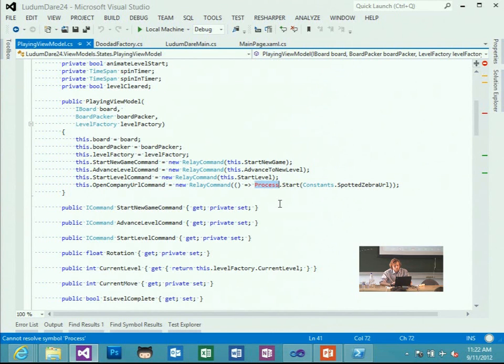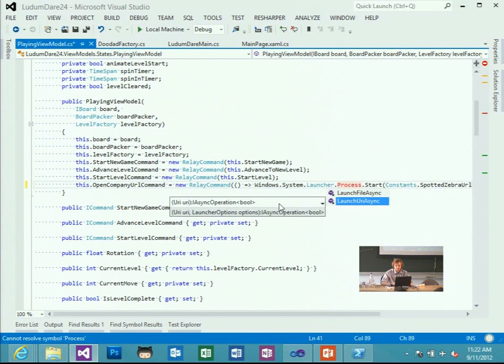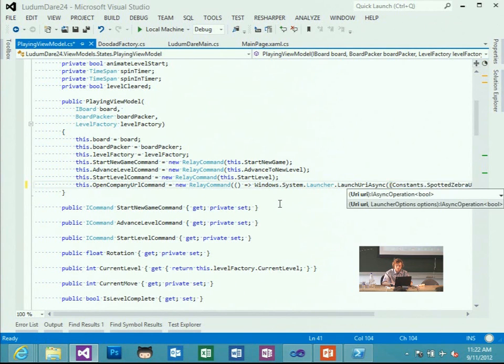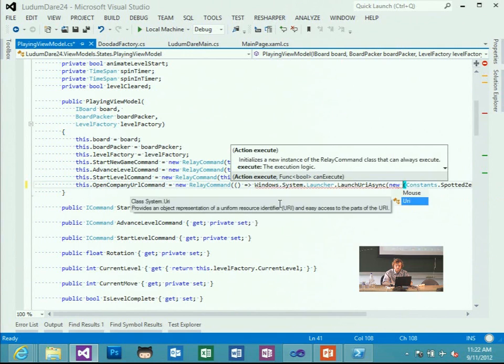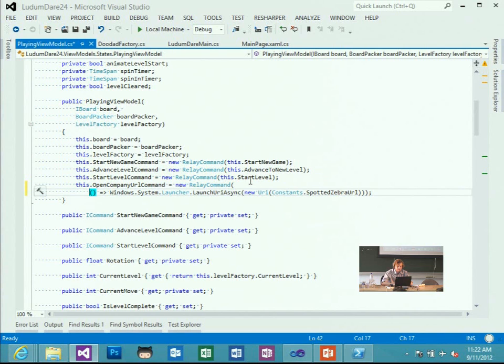Process.Start is not available on Windows 8 anymore, so we have to do it some other way. In this case, what we're going to do is call Windows.System.Launcher, and we're going to launch this. And it takes a type of a URI. So I'm going to split this on two lines because it's not possible to read it. I can discuss what this command is if you guys like, but basically commands are invoked when you click a button. Not too complicated. So when you click the Open Company URL button, it's, in this case, going to launch